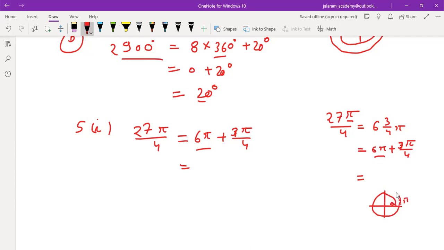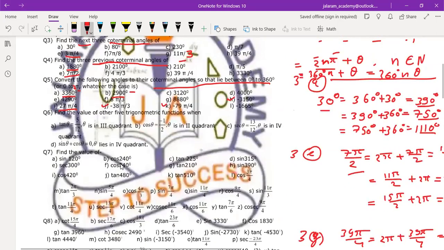So 0, 2 pi, 4 pi, next is 6 pi, all are equivalent. So 6 pi becomes 0, and the answer is 3 pi by 4. So the coterminal angle lying between 0 and 2 pi and coterminal to 27 pi by 4 is 3 pi by 4. Similarly, if we discuss 5J,